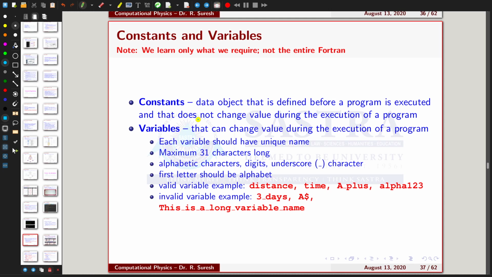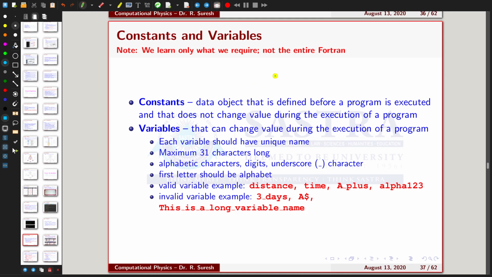What is a constant? We already know what a constant is. It means the value of the corresponding object will not change throughout the entire program. It is a data object that is defined before the program is executed and does not change its value during execution.